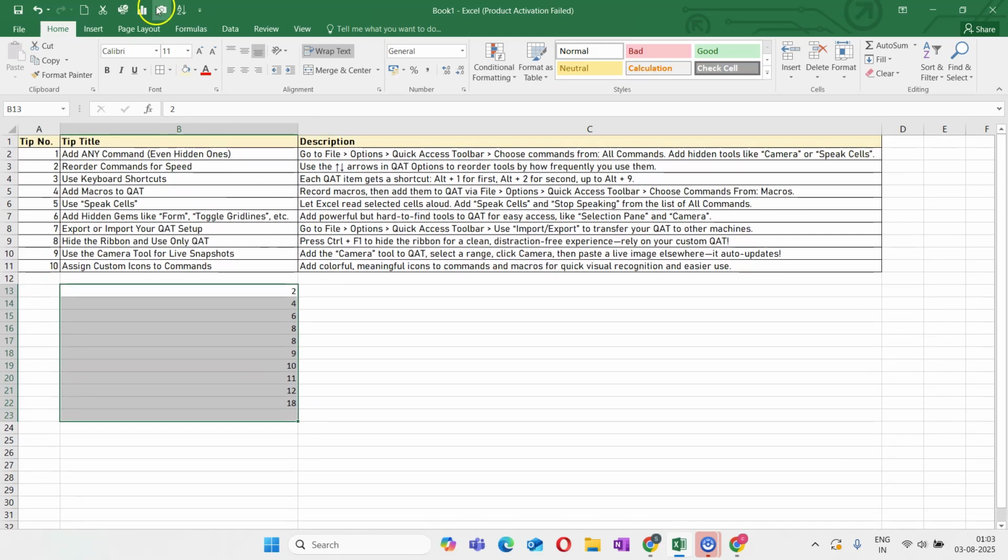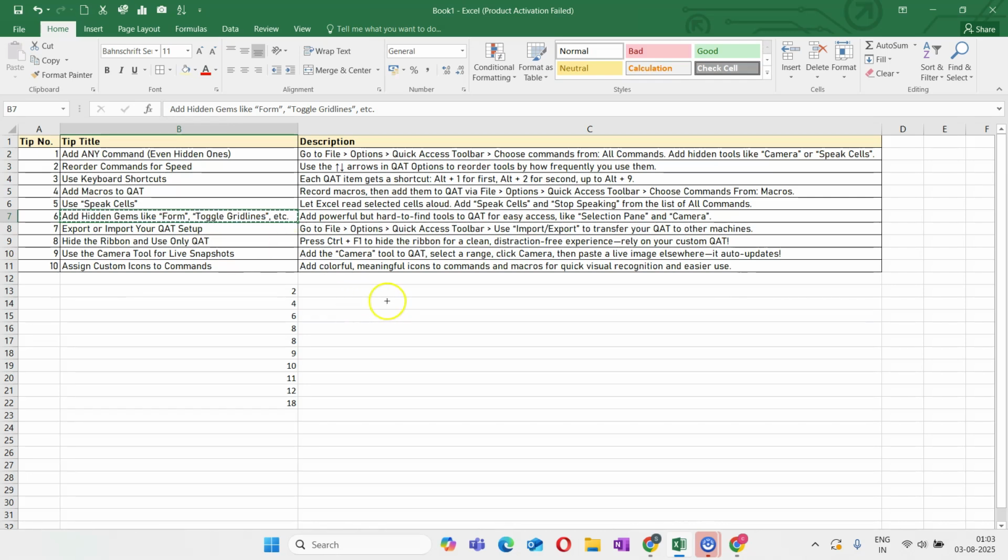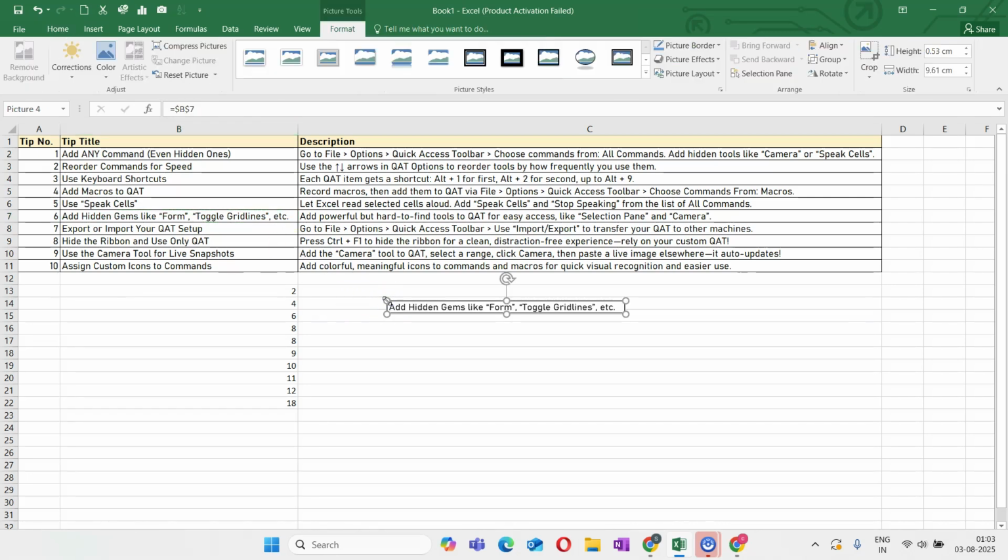You can use a shortcut key for your camera option as well. Suppose I want to take a snapshot of this cell. I don't need to go to camera and click it. I am just mouse free. I can just press Alt and 8. It is selected, the snapshot is being taken, and now I'll click somewhere else to get that particular snapshot on my screen. So this is a very interesting tool. This is a very powerful tool. You can use it like a gem to speed up your game.